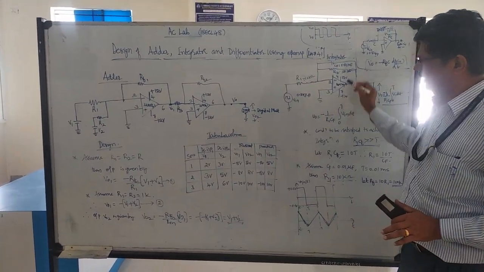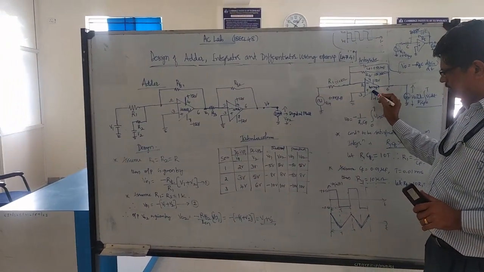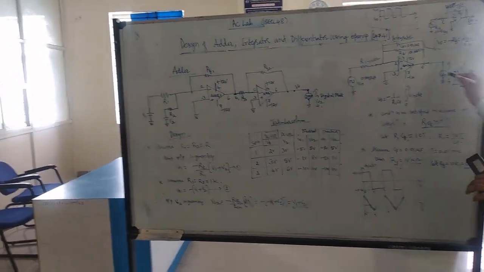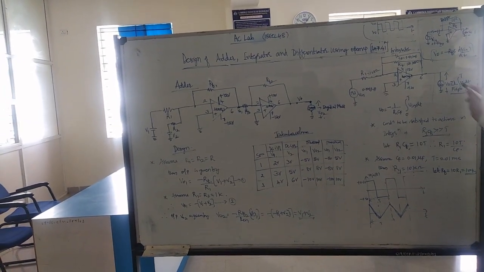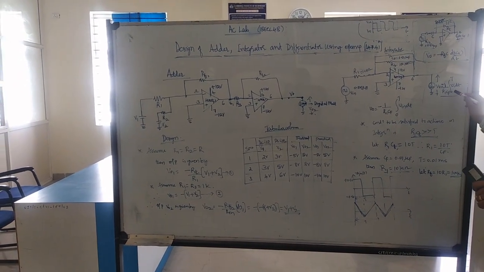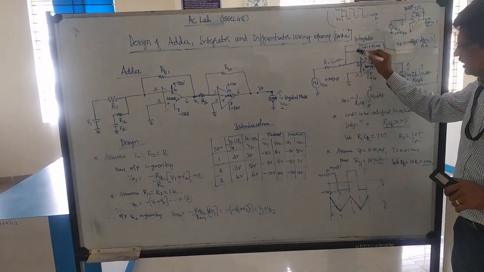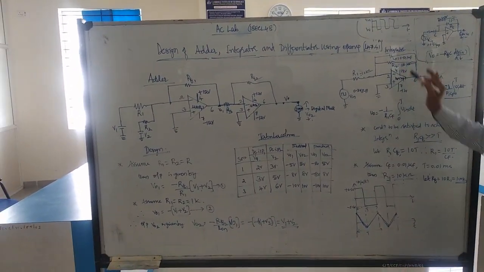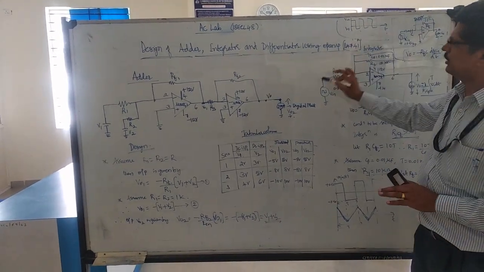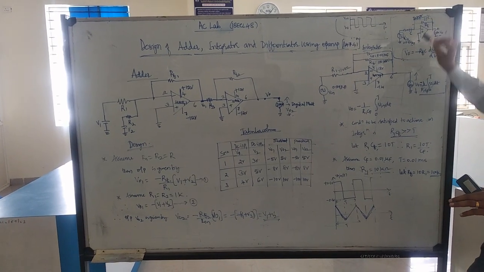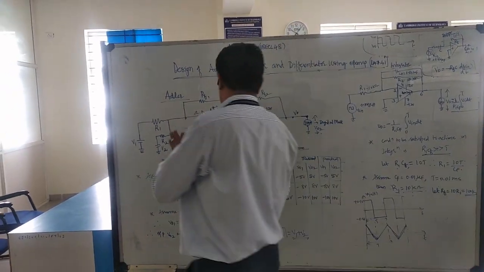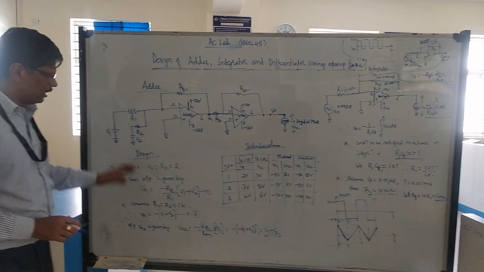Here the op-amp works as an integrator, in the inverting configuration. If you give input here, the output given by this op-amp is the integration of the input, for example minus 1 by R1CF times the integral of the input. That is the second. Then the last one is the differentiator. If you give input, you will get the output as the differentiated input, for example minus RFC into the derivative of whatever input you are giving. These circuits we will rig up and do the designs.